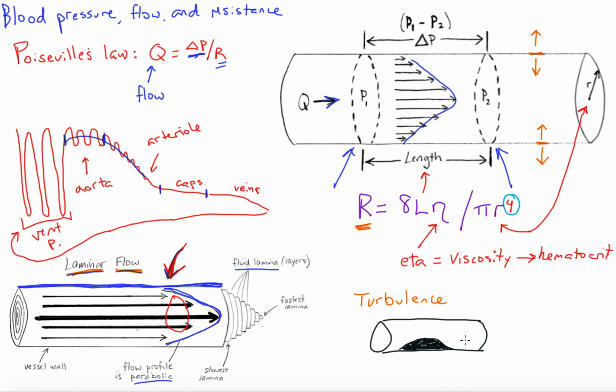So number one, it's reducing the radius at that spot. That's not good. That's going to increase resistance to blood flow, right? Remember, think about this being your coronary arteries, right? Do you really want to increase the resistance to blood flow to your heart muscle? Not good, right? But in addition, and maybe even worse, is that now instead of this parabolic flow profile that